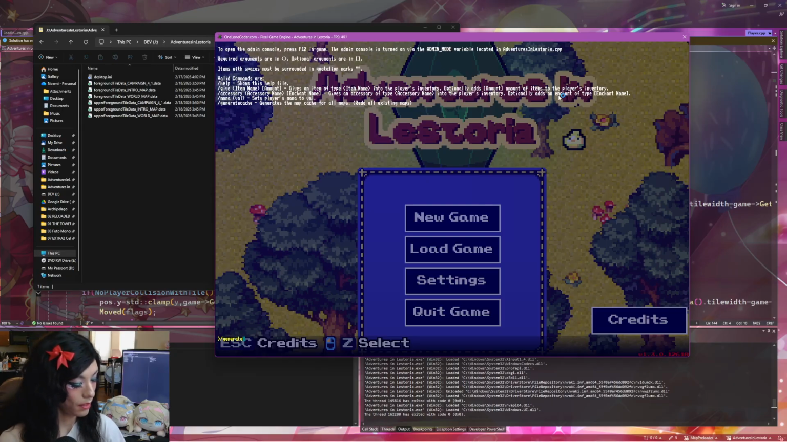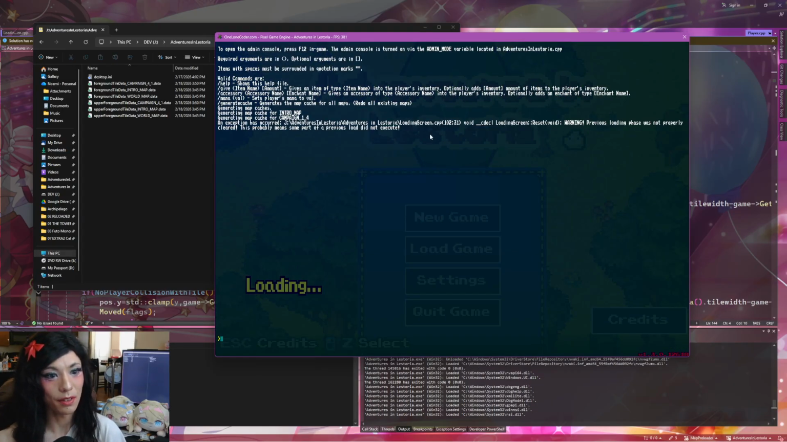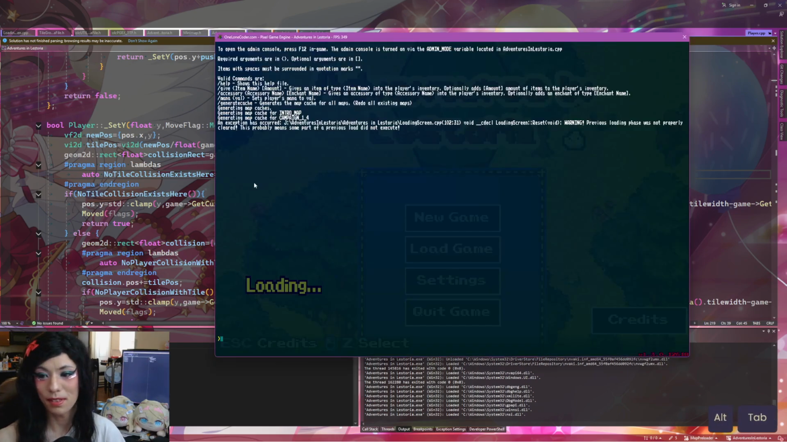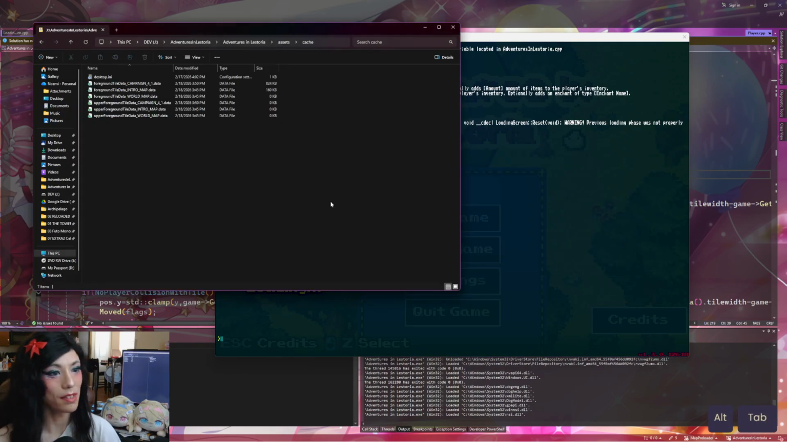/generate cache. An exception has occurred. What? Previous loading phase was not properly cleared. This probably means part of a previous level did not execute. Oh, interesting. I have a thing that literally errors out. Okay. So it just literally did